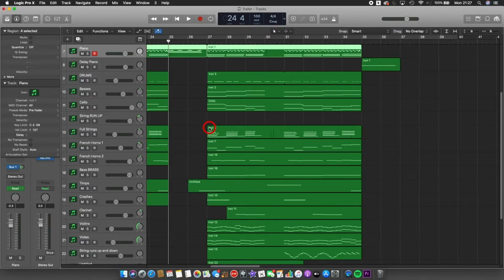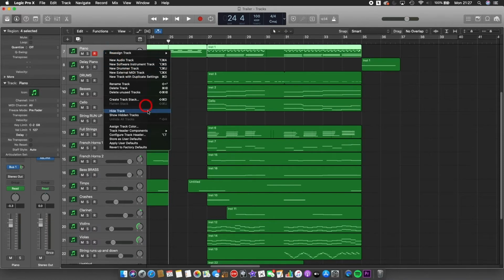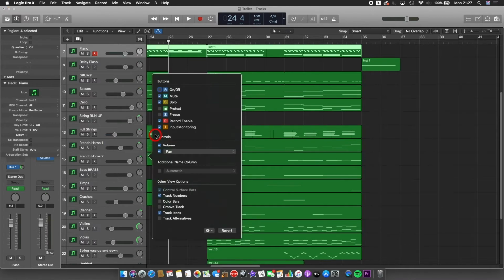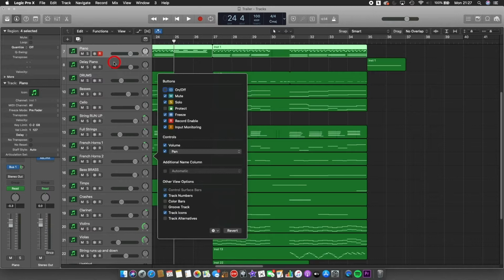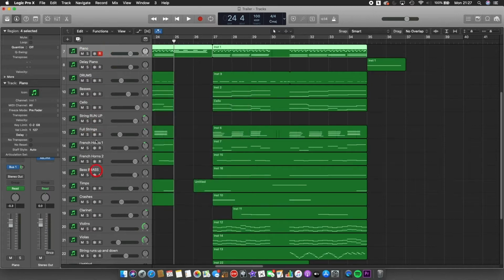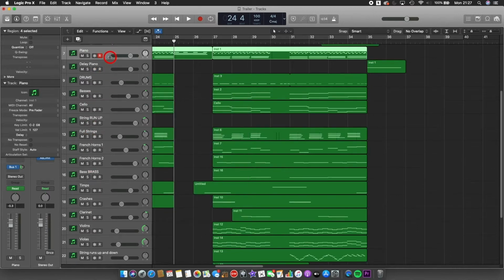Okay guys, so we're going to jump in and freeze a track. This mix is one I've pulled up. It's quite CPU intensive. So we're going to right click, go down to configure track header, turn on the freeze, and now we've got the little freeze icon on all our tracks. So what we're going to do, if you just click freeze and then hit spacebar,